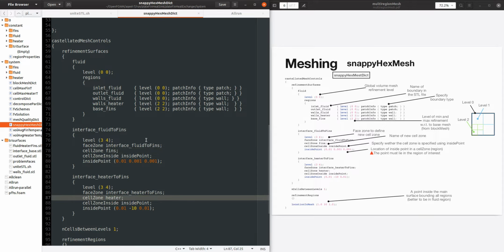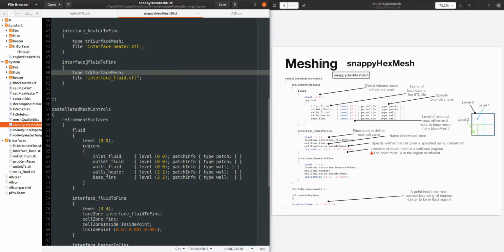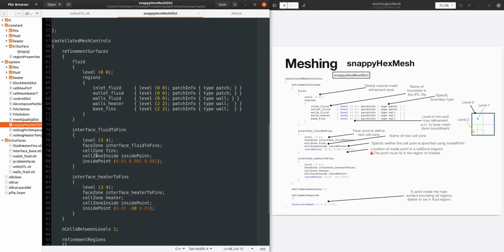And this can be done using this formulation where we define a phase zone, and this phase zone is coming from this surface that we define here, and using this phase zone we will make a new cell zone.